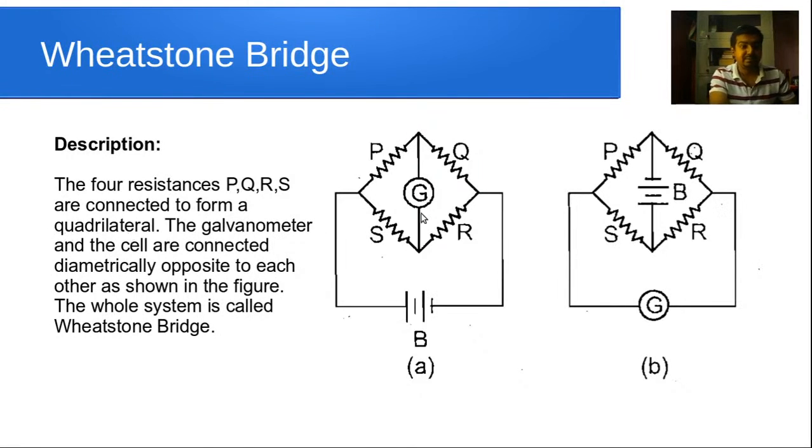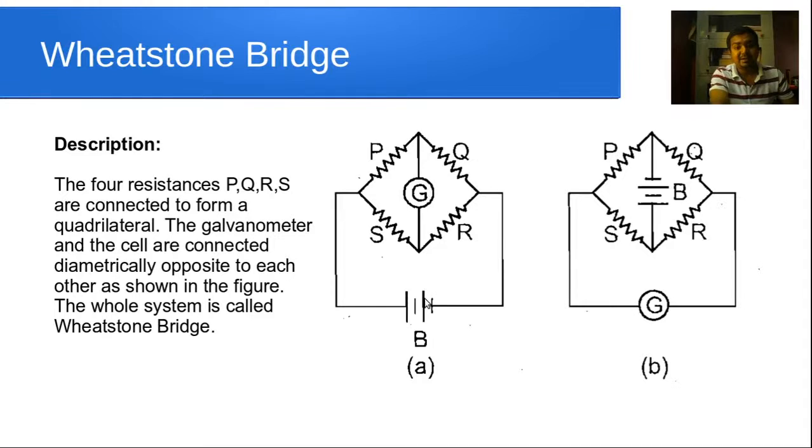quadrilateral system. The galvanometer is connected in the P and Q junction and the S and R junction, and the battery is connected in the opposite junction, meaning the P and S junction and the Q and R junction. Okay, and this type of diagram is correct. Also, this type of diagram is correct,